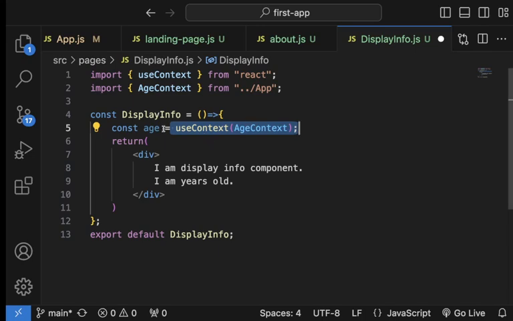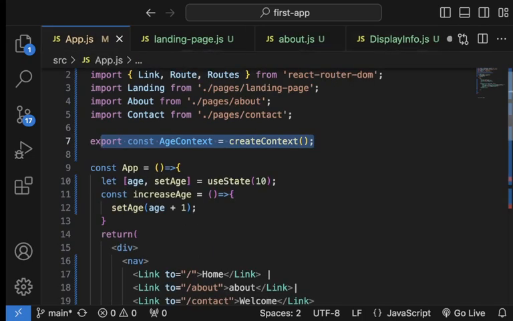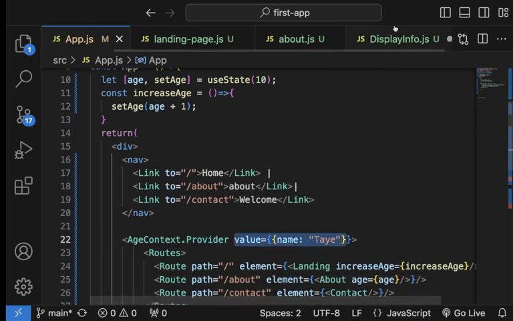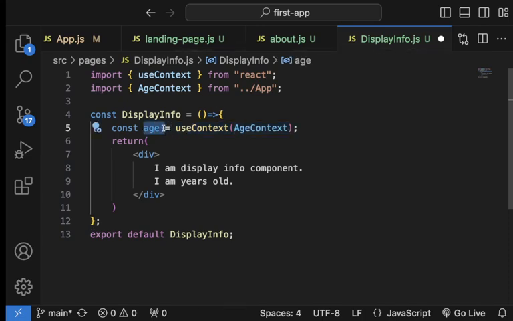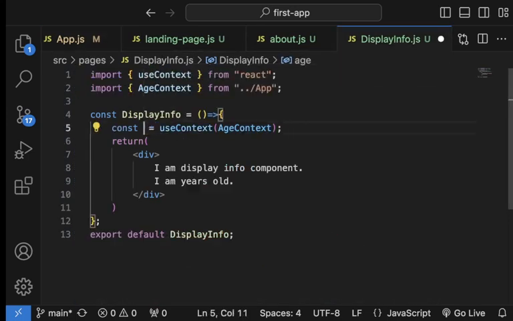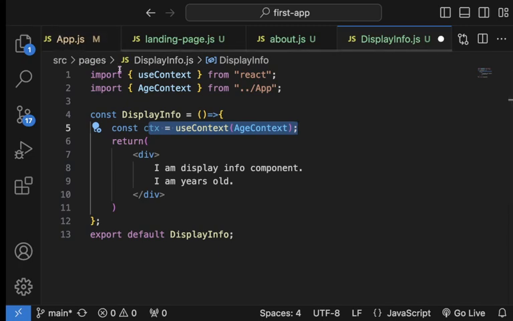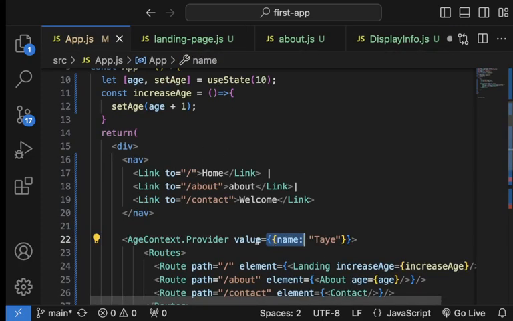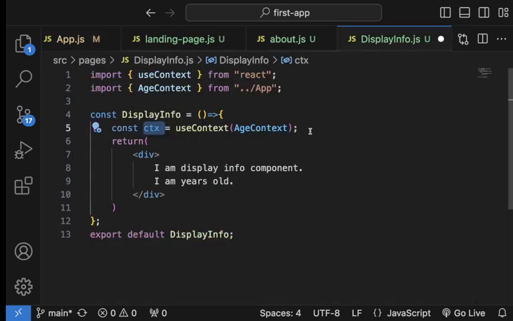Once I bring this in, everything inside this value will automatically be available here. But what do I want to pull out? I just want to pull out this name property. In fact, don't let me call this age. Let me just call it ctx for a start. So everything you provided in this age context will be available as this ctx. And you know this is an object, right? So this value that we are providing here will be available inside this place. I can now say